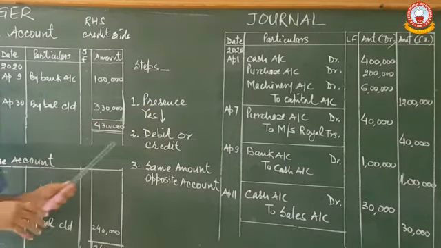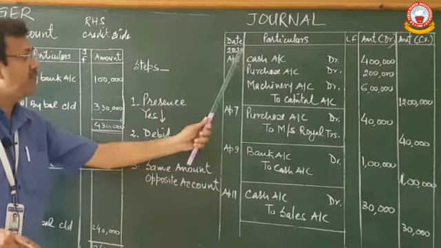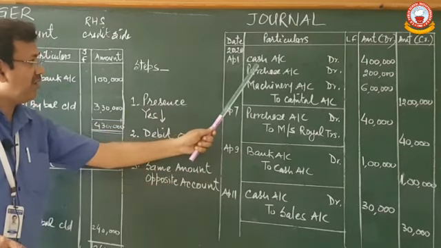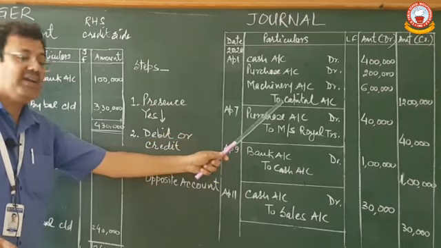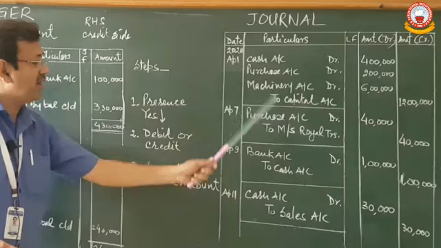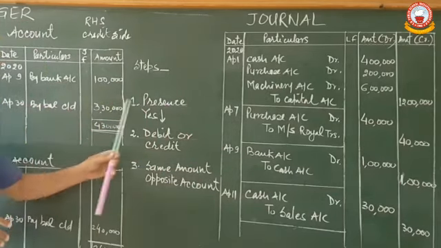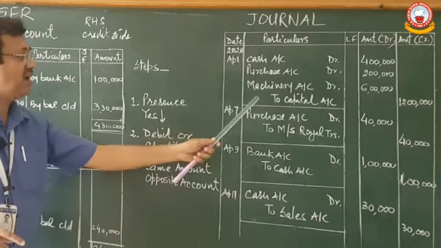First we have to see the presence. The different accounts involved in the journal entries, so we are supposed to prepare cash account, purchase account, machinery account and capital account. The different accounts involved in the journal entries are prepared as a ledger, and we have to take 3 steps when we are posting journal entries into the ledger.